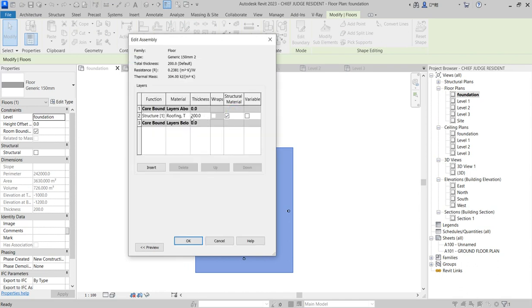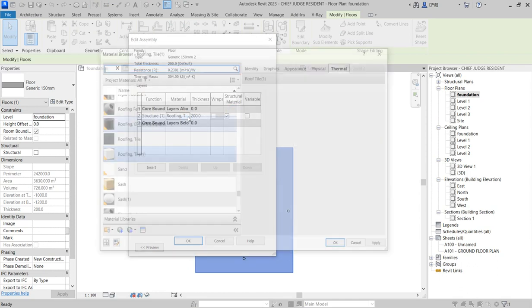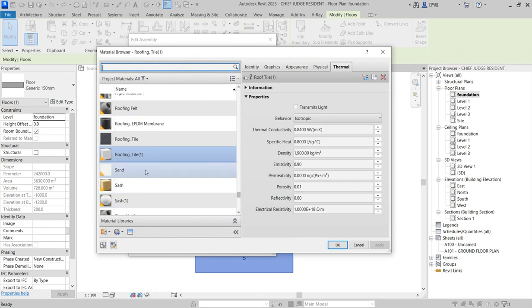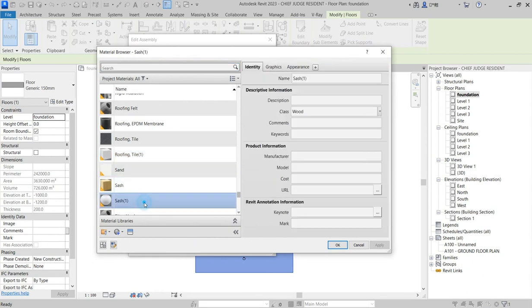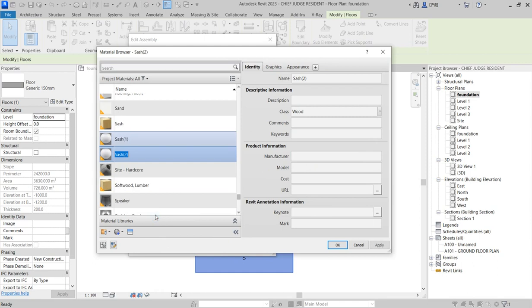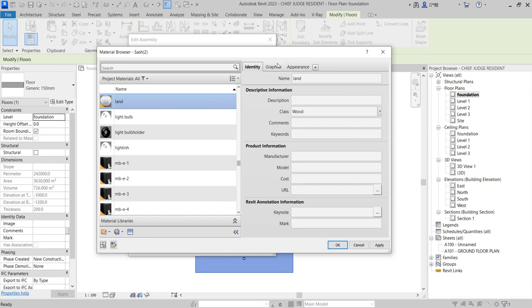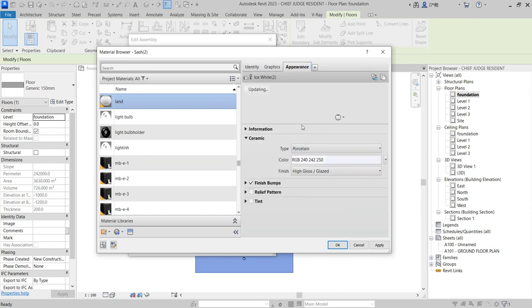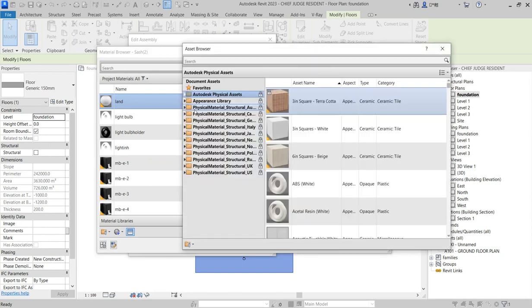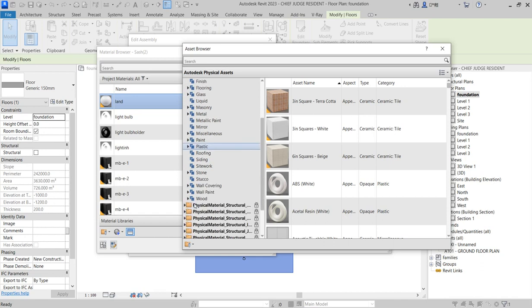go to this place, select this, and you change it from roof tiles, just search, and you say duplicate and call it land. Good. So change it to land. So you click there, say graphics appearance. So let this one update itself, and you go to appearance here, go to appearance there, you come to